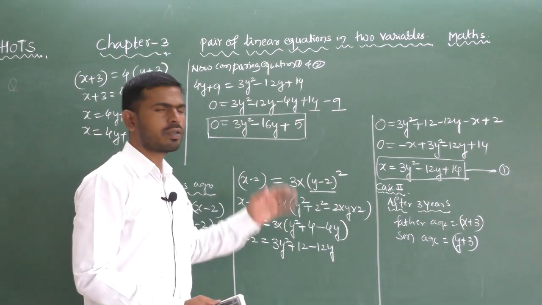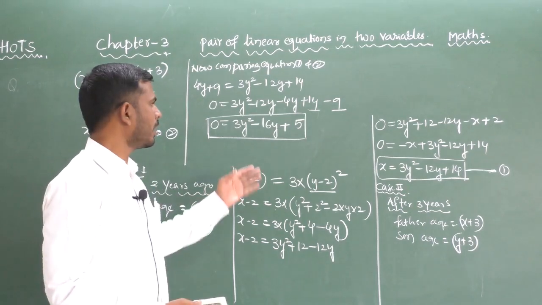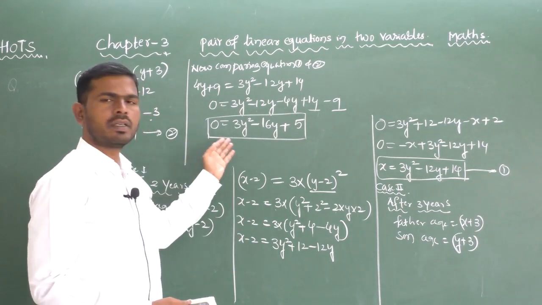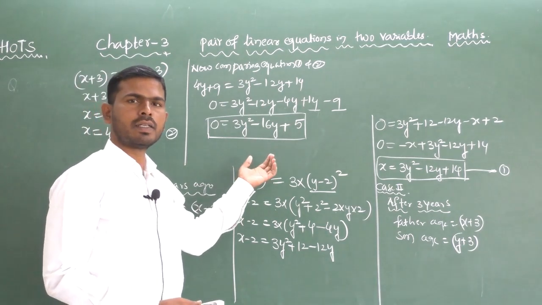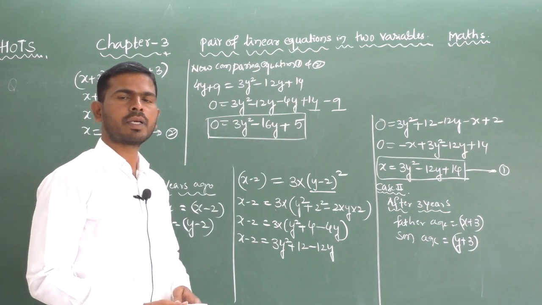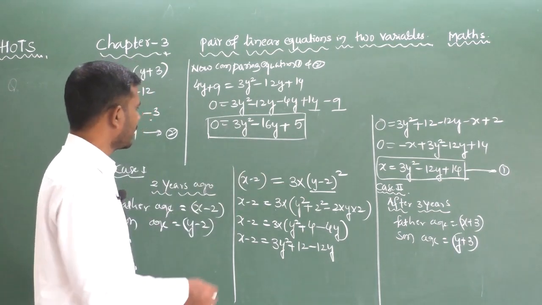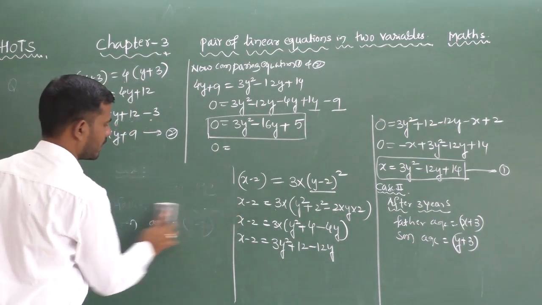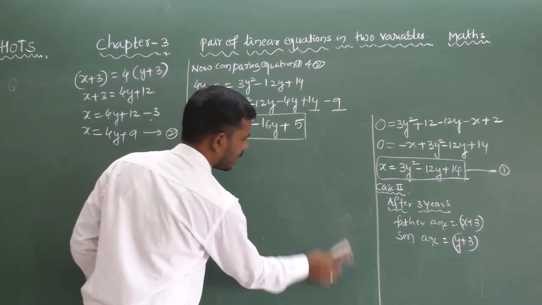So how to solve the quadratic equation? In 9th class we studied how to find the factors of 3y square minus 16y plus 5 is equal to 0. We can solve by the factorization method, completing the square method or formula method. We will discuss more detail about quadratic equations in a coming session. Now I am solving this quadratic equation by the factorization method. So look at here. I am writing this because I need space to solve that quadratic equation. So you can note it in your notebook.